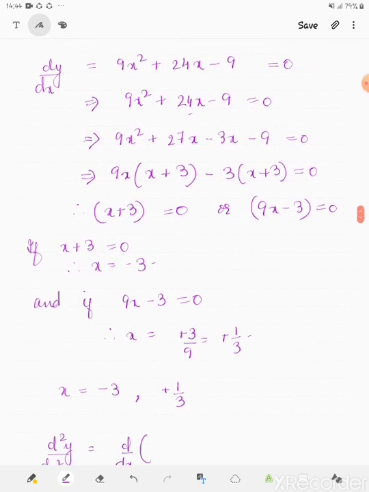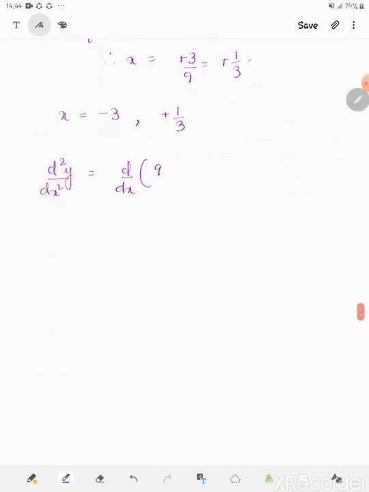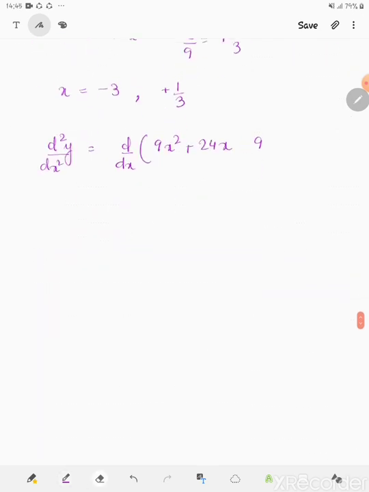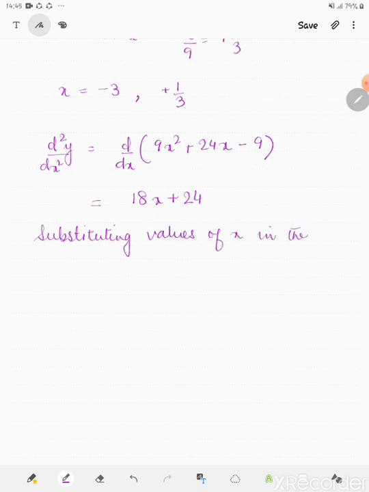ये क्या हो जाएगा, dx of this equation, that is 9x square plus 24x minus 9. इसका डिफ्रेंसिएशन करेंगे, क्या आएगा, 18x plus 24, राइट. अब 18x plus 24 में हम x को क्या करेंगे, सब्स्टिट्यूट करेंगे. So substituting values of x in the above equation, we get,